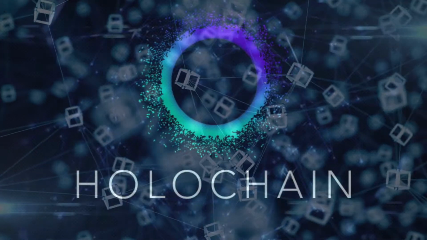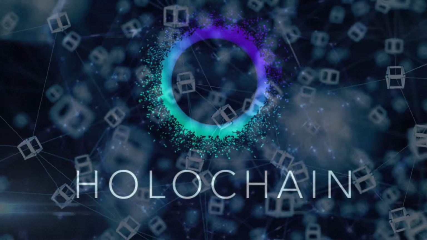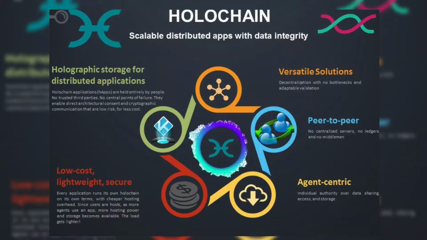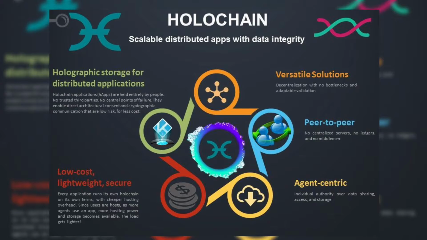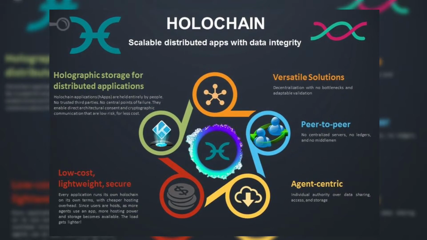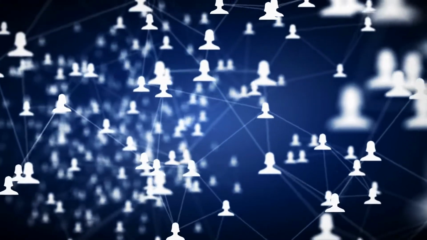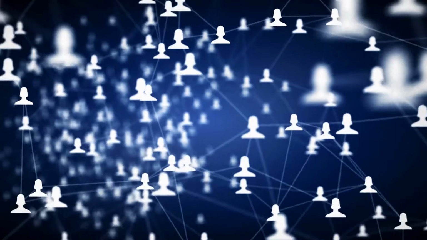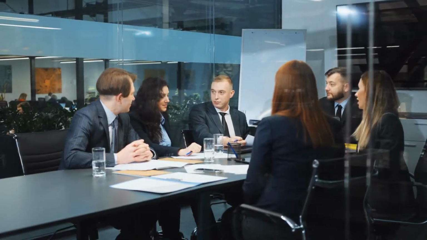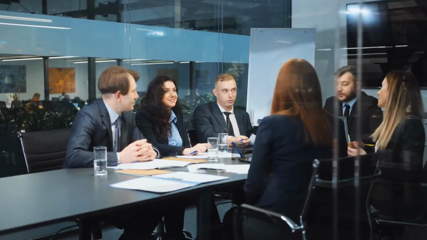Holochain is an open source framework that allows you to create fully distributed peer-to-peer applications. Holochain apps are more adaptable, resilient, and scalable than blockchain, and they are thousands of times more efficient. No tokens or mining required. Holochain's goal is to enable humans to interact with one another through mutual consent to a shared set of rules, without relying on any authority to dictate or unilaterally change those rules.